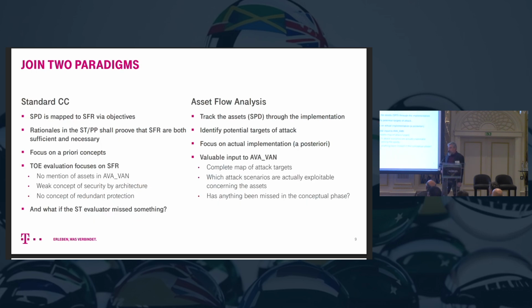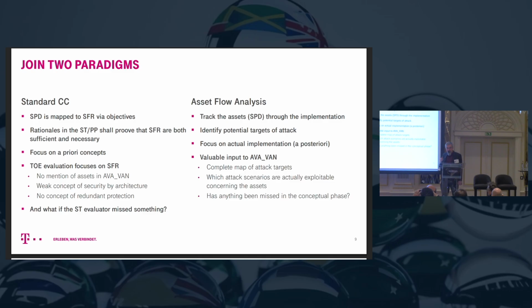So what we do here is we join two paradigms. When we look at the standard common criteria, as I said at the beginning, the idea is that we have a security problem definition which is mapped to SFRs using objectives in the middle. And then the idea is if we did everything correctly through all these rationales, then these SFRs are both sufficient and necessary to counter the threats mentioned in the security problem definition. So the focus is on an a priori